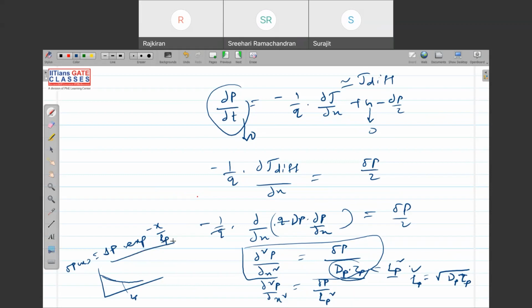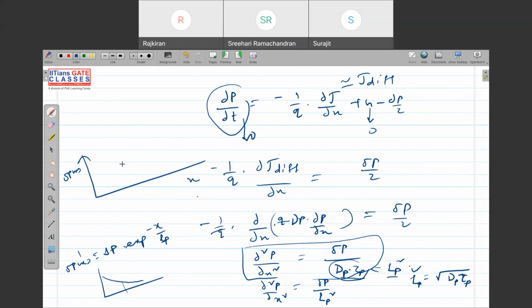This is why it is called diffusion length, because mathematically it comes as minus x by Lp. If you plot x versus this del p of x,